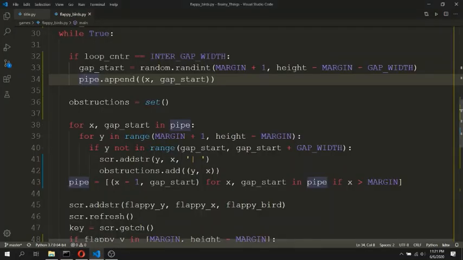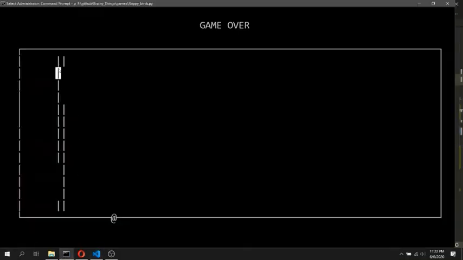So to resolve the x coordinate over here, this x value should be intergap width spaces to the right of the last pipe. So if this is the last pipe, then this pipe should be intergap width spaces to the right of this pipe.